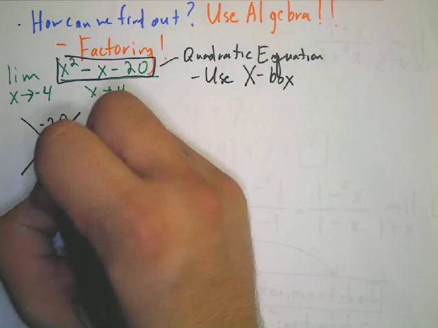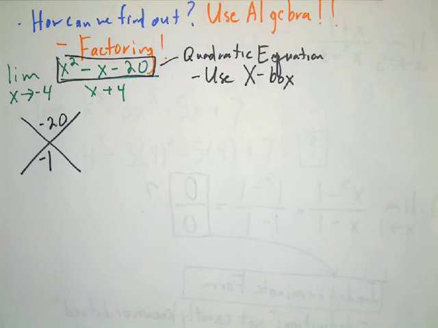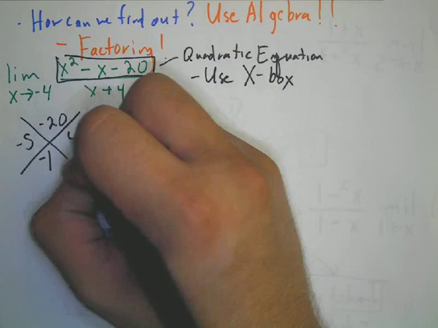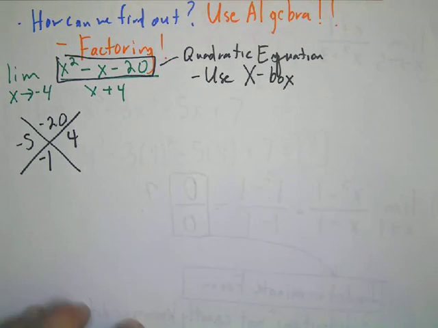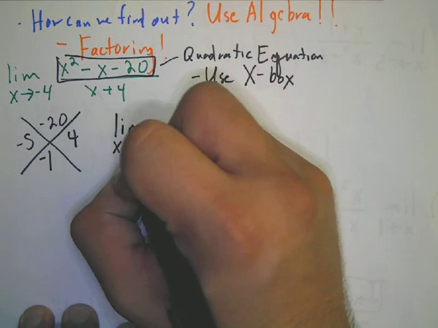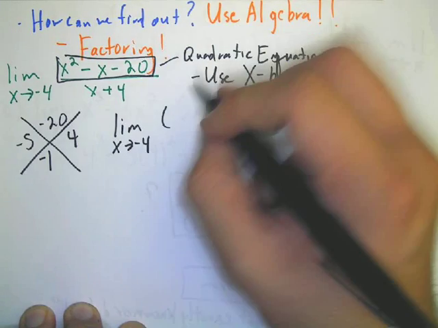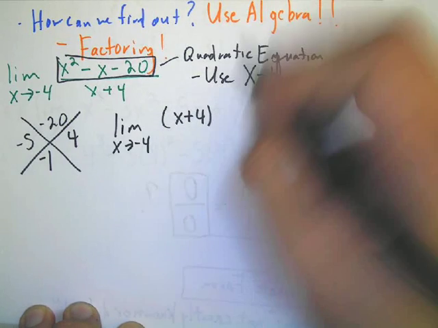And so, what two numbers will multiply to -20 but add to -1? -5 times 4, right? Okay. So that means we're going to rewrite this limit. We're going to say the limit as x approaches negative 4 of x plus 4 times x minus 5 over x